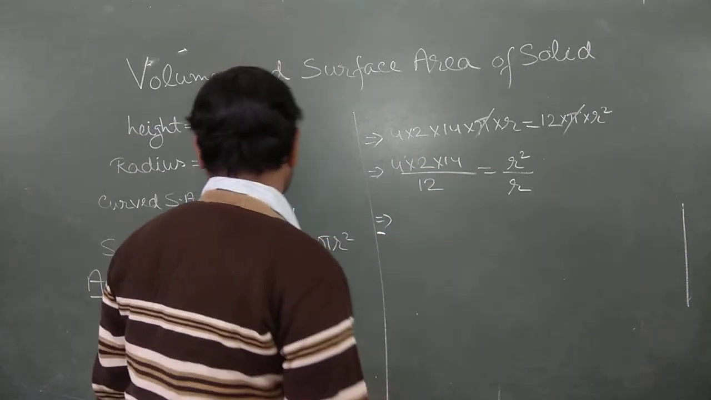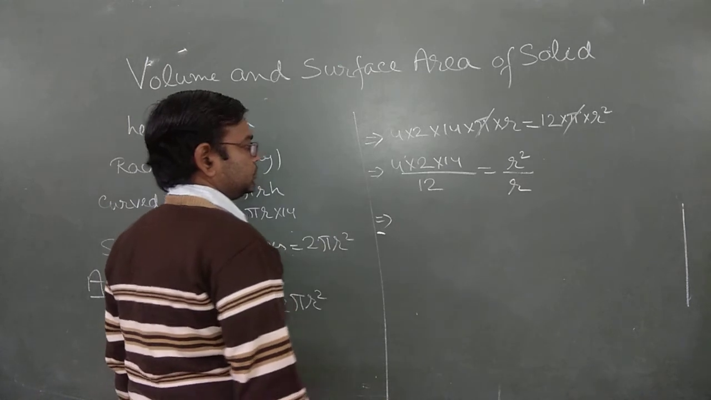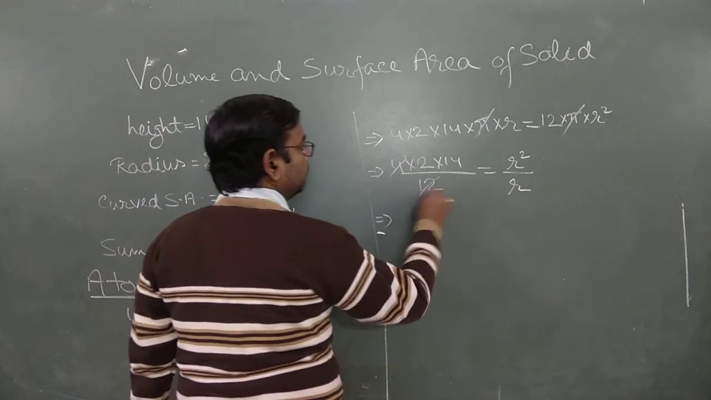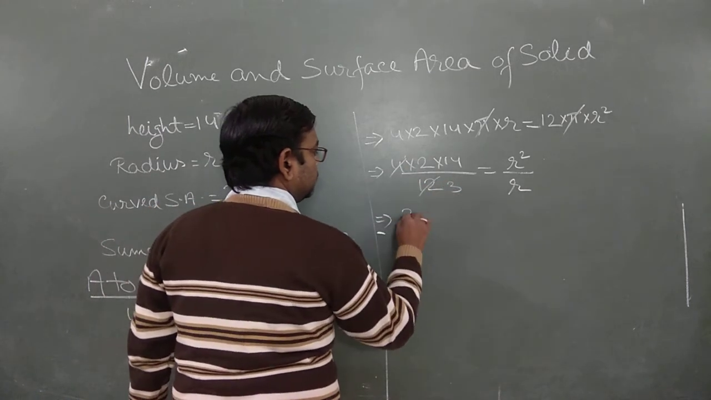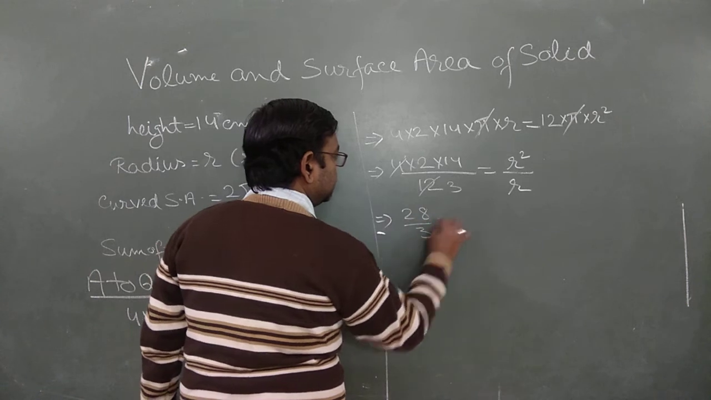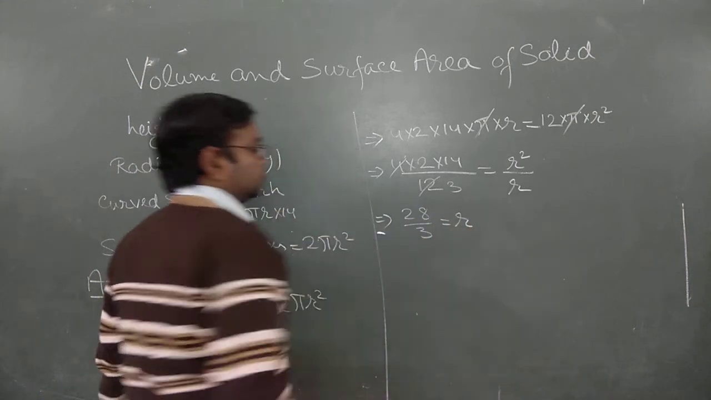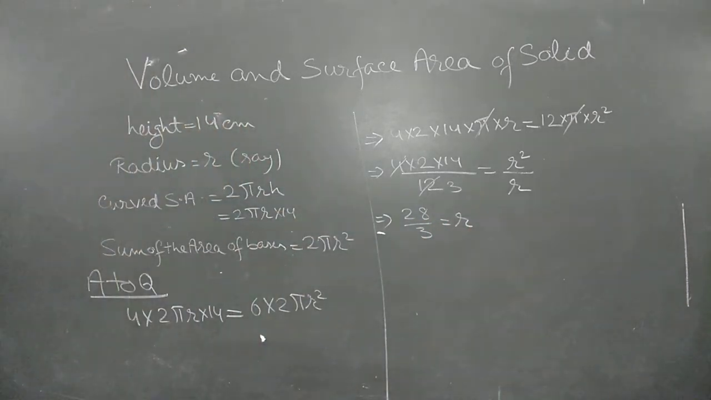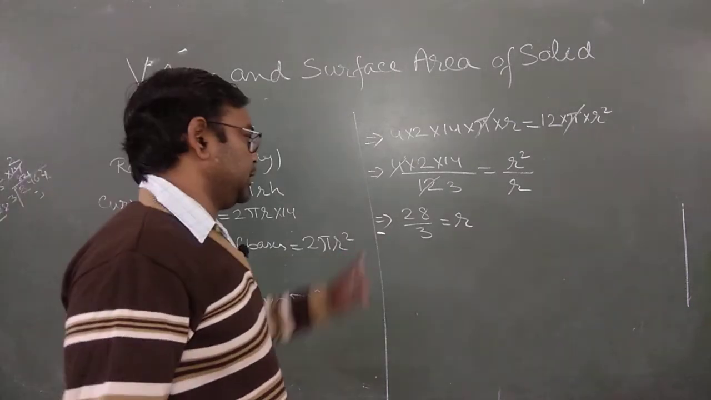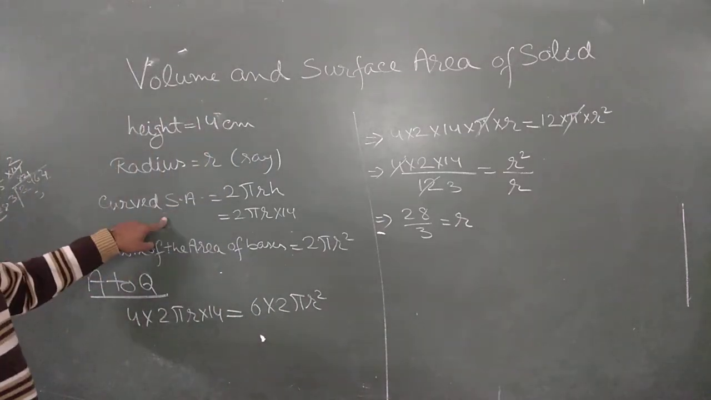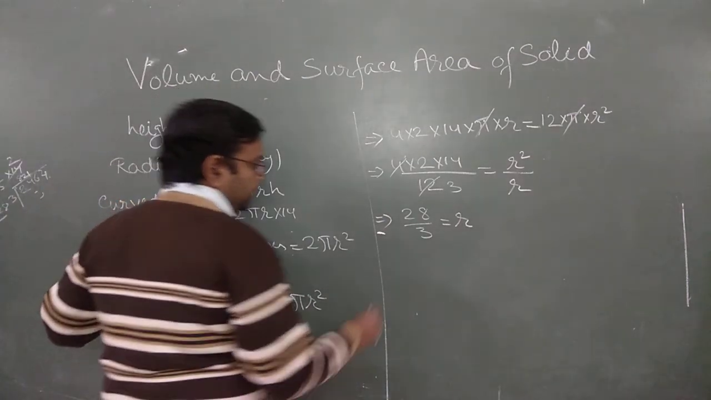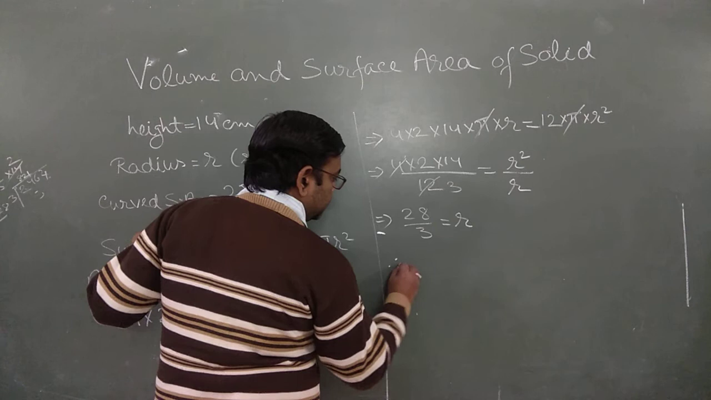4 3s are 28 upon 3. It's r. So check the answer. Okay. Now we have the value of radius r. The question asked you to find the curved surface area. So we can easily say that therefore